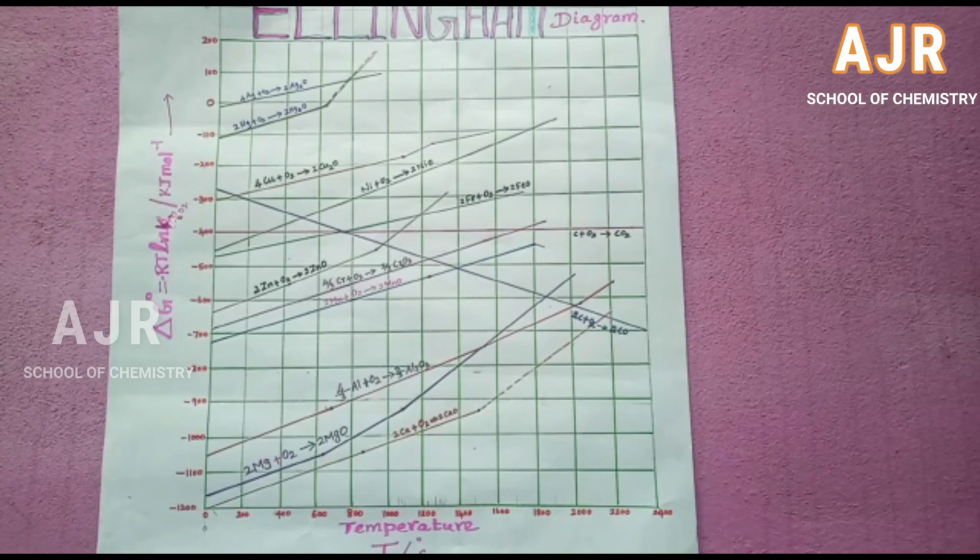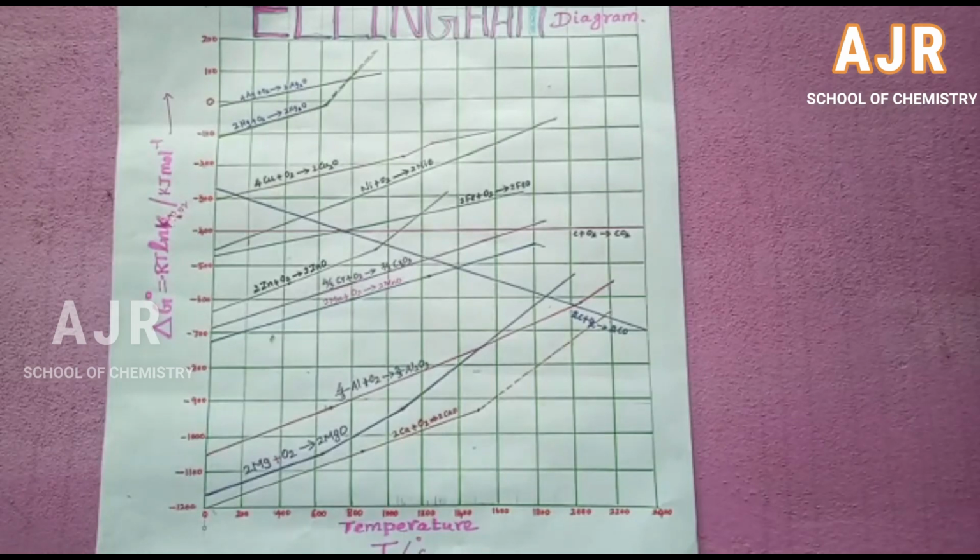If the metal oxide is more stable, then oxygen remains with the metal, and if the oxide of element used for reduction is more stable, then the oxygen from the metal oxide combines with the elements used for the reduction. From the Ellingham diagram, we can infer the relative stability of different metal oxides at a given temperature. So let me explain now the application number 1.